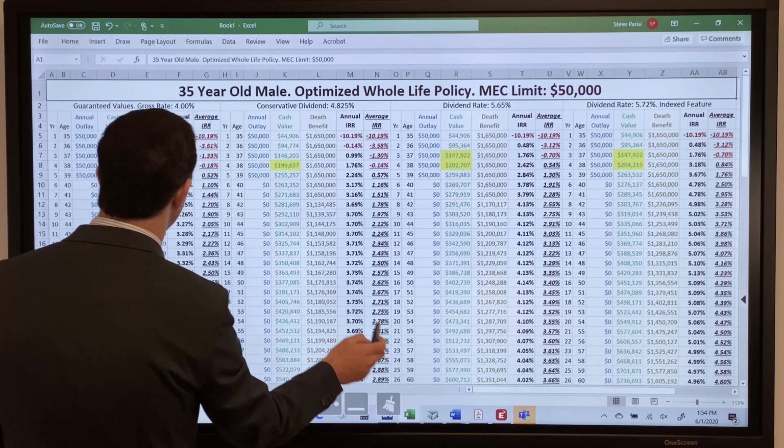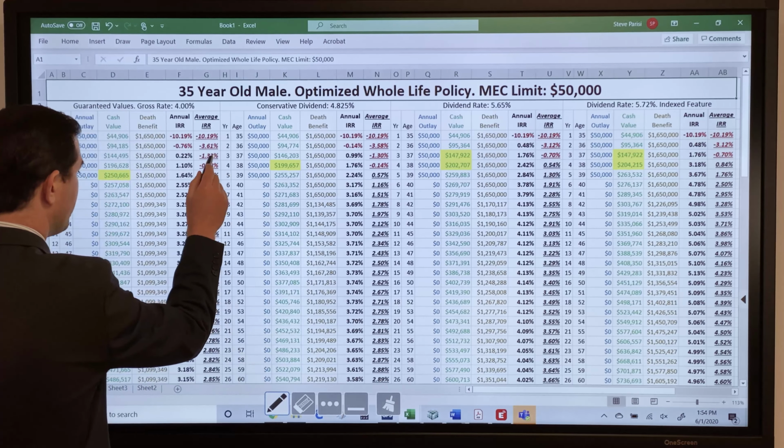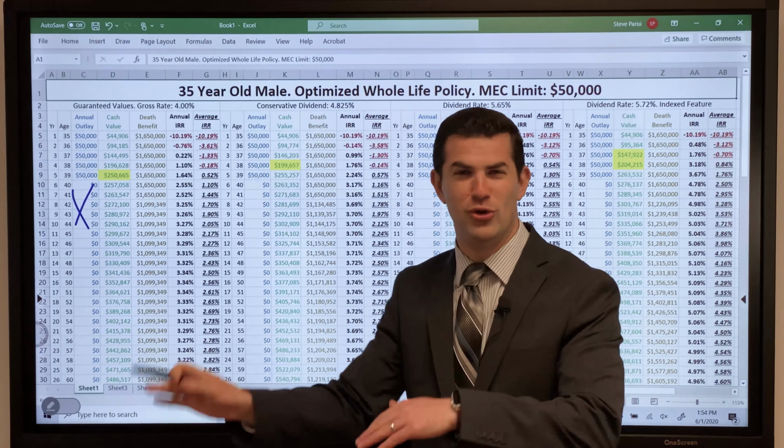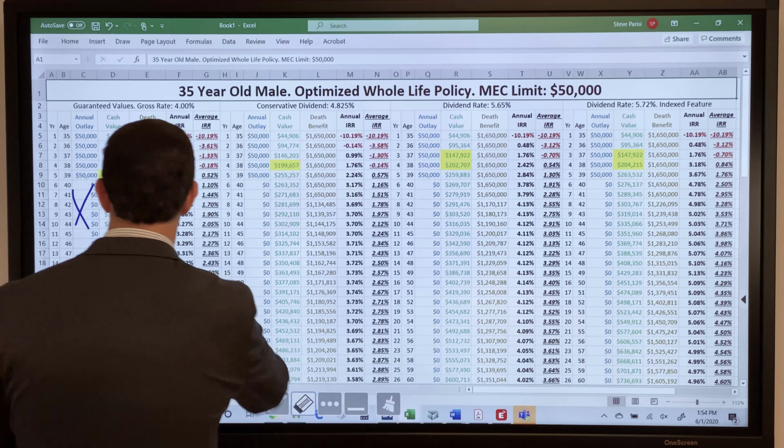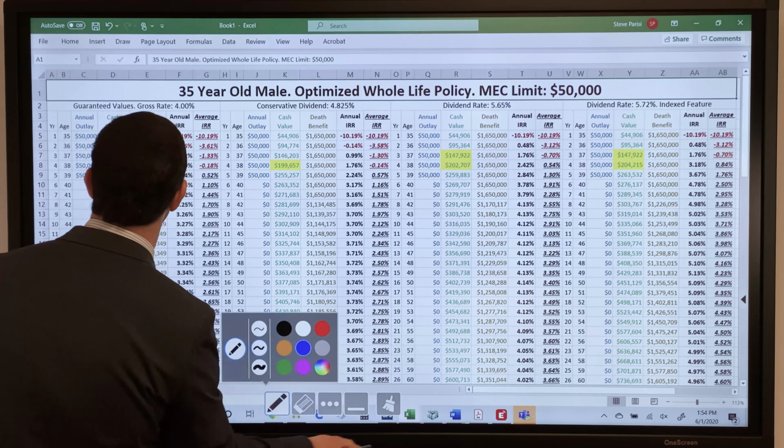Now this average is a little overinflated. It's going to top out about 2.5, 2.6. The reason being has to do with the insurance product. It used the guaranteed rate, but it used the current term insurance expenses where we made this worst case scenario. I'm getting into too much detail. If you have questions on that, reach out. All right, so let's keep going here.